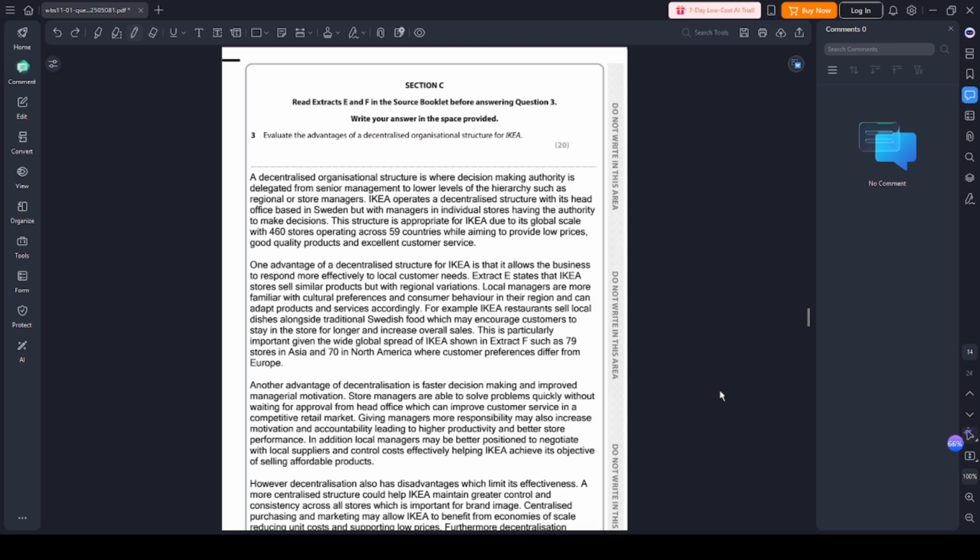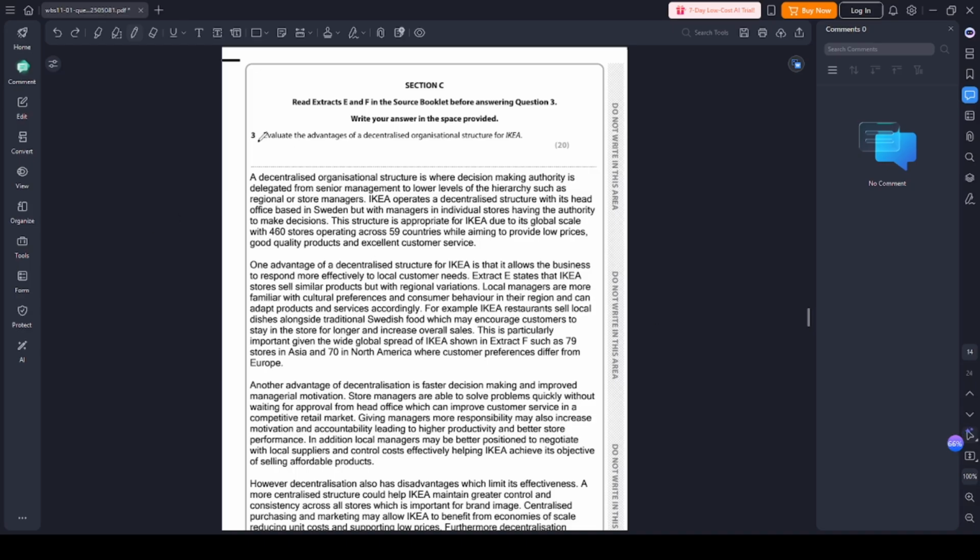Hello, everyone. Today I'm going to compare the pros and cons of a decentralized organizational structure. And for this example, we have IKEA. So, this example really helps us understand how a huge global company manages complexity while still staying efficient and focused on its customers. So, this is a question from the IAL Business May 2025 paper, and it's from section C,